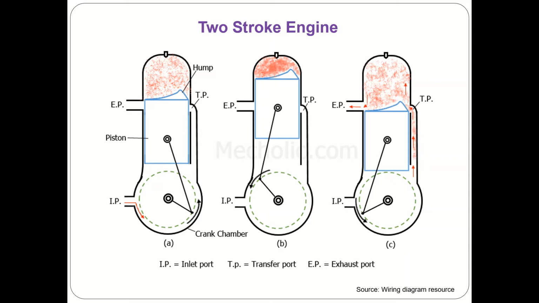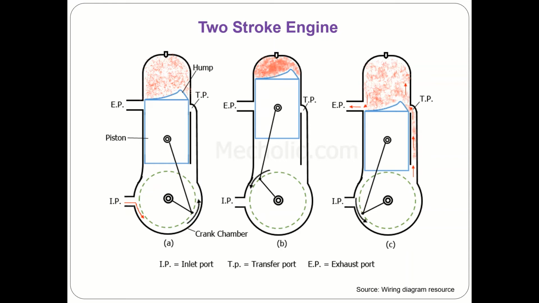Now again, when the piston starts moving in the upward direction, the inlet port, which consists of a spring-loaded valve, will now open, and the mixture of fuel and air will be sucked in. So in this way, you see that in two strokes, that is movement of the piston from bottom dead center to top dead center, and again from top dead center to bottom dead center, the cycle is completed. So here, in case of a two-stroke engine, we require 2 strokes of the piston and 1 revolution of the crankshaft in order to complete this cycle.